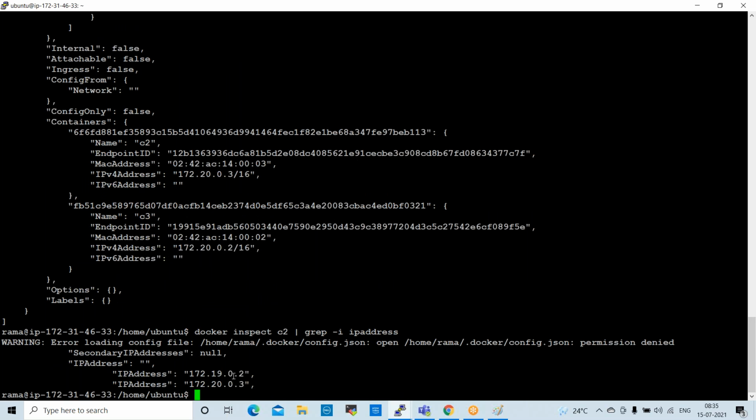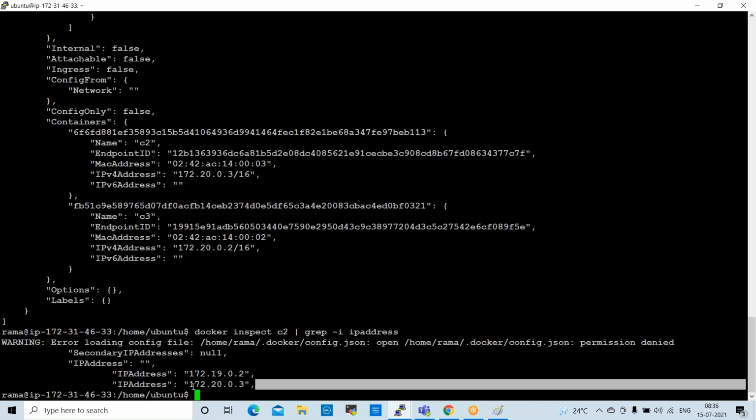See here. Now this is C2. These are the C2 IP addresses. C2 is having 2 different IP addresses. This is the DevOps 1 network IP. This is the DevOps 2 network IP. So now what we will do? Copy this.